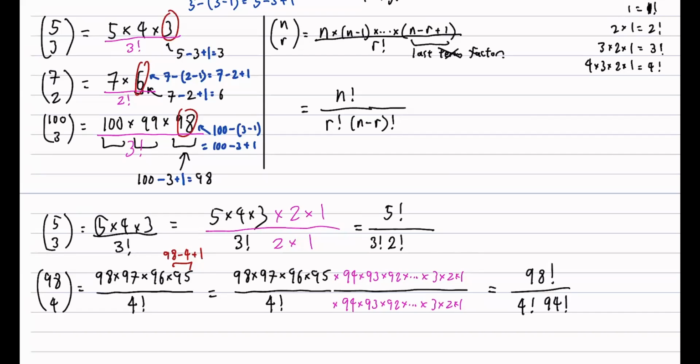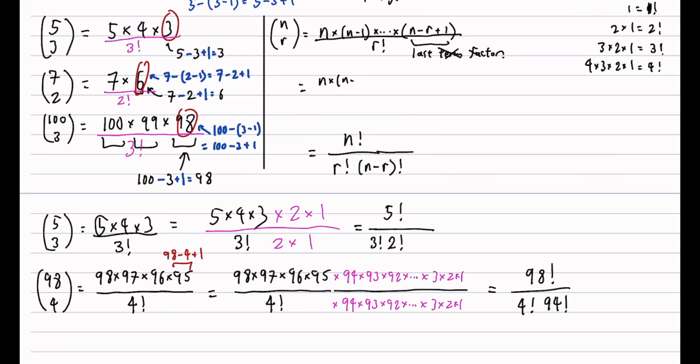So in general, I think you can see a pattern. It's just n factorial over r factorial times n minus r factorial. Right? You can see a lot. 94 is 98 minus 4. Yeah. This is because after n minus r plus 1, if you want to do it in general, it will be